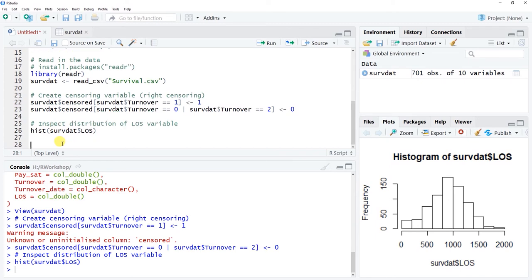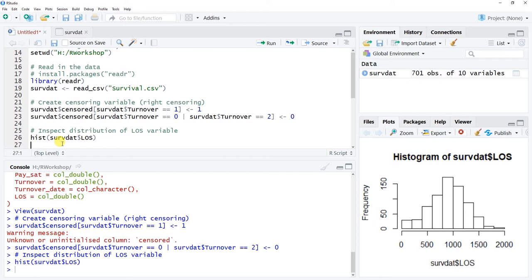So we can also drill down a little bit deeper too, and this is mainly to show you how to play around with this a bit if you're interested in doing some more inspection of length of service or any other variable, if you're trying to look at specific groupings and looking at those histograms for a particular variable. Okay, so let's copy what we just created there, and I'll show you an example here. Let's say we want to inspect the distribution for the length of service for just those people who stayed in the organization. Those people, by the end of the study, are still in our study, and they're still in our organization. So what we can do is nest the subset function